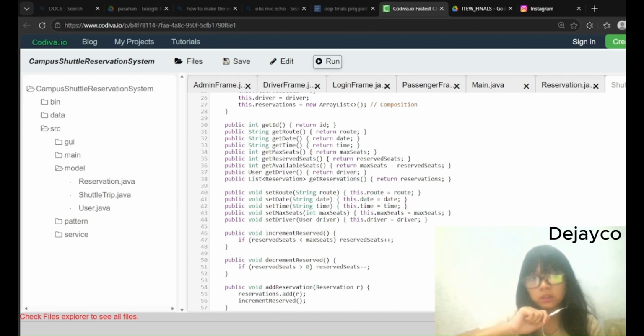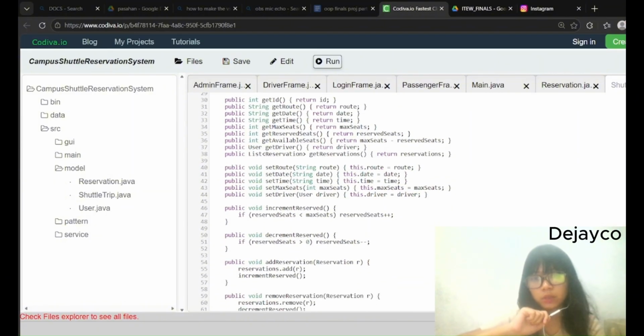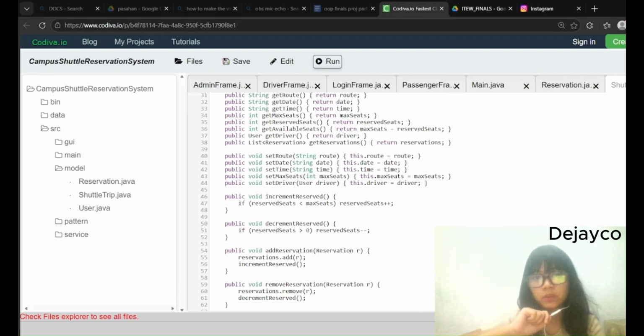Dito po it increases the number of reserved seats by 1, but only if it's still less than max seat. And next po is the decrement reserve. Dito naman po it decreases the number of reserved seats by 1, but only if it's greater than 0 po, to ensure the count never becomes negative.